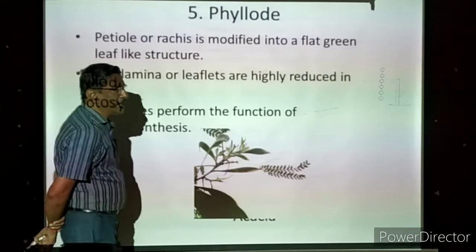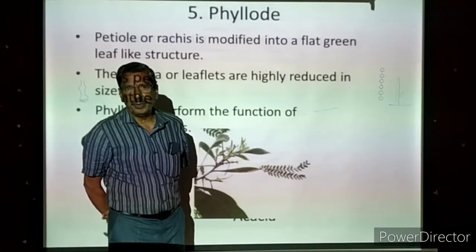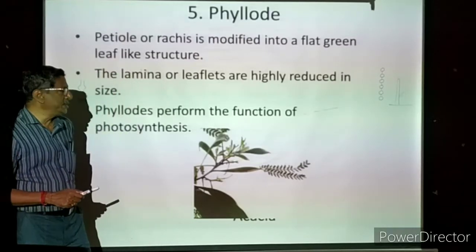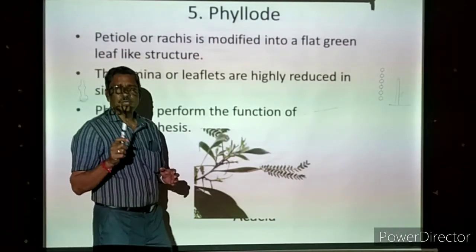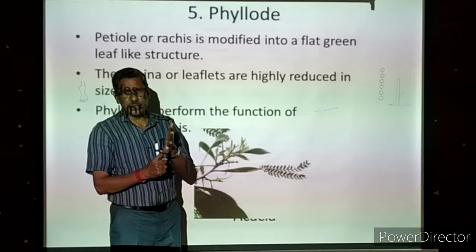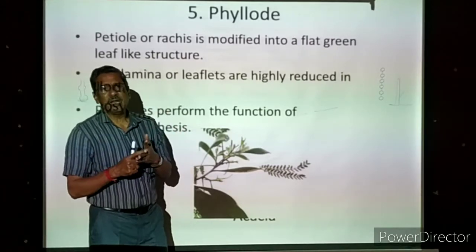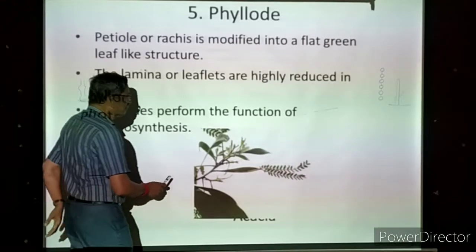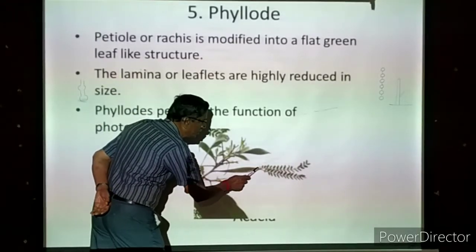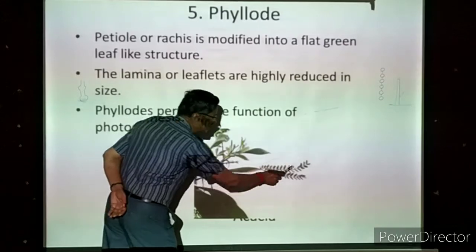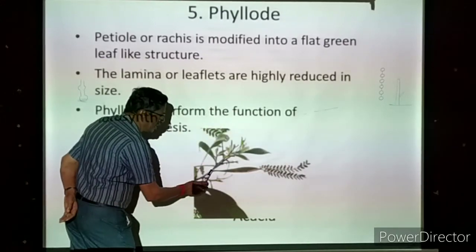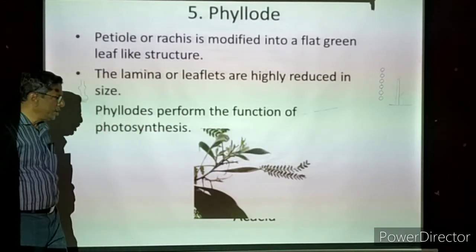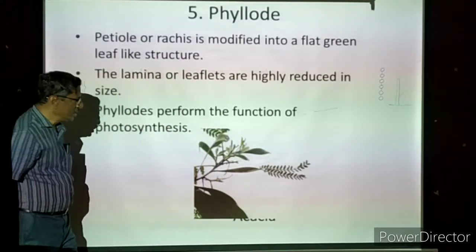Now we are coming to phyllode. I already told you in the introduction, phyllode means the petiole is modified. Petiole is a part of the leaf. Don't think that only the lamina is the leaf. One leaf means leaf base, petiole and lamina, all the three together we are calling the leaf. So in the leaf, the petiole, here a compound leaf is present, rachis, then leaflets will be present. But the petiole is green and flattened, very green, long and flattened, very large.